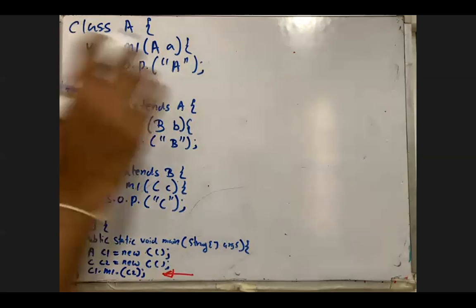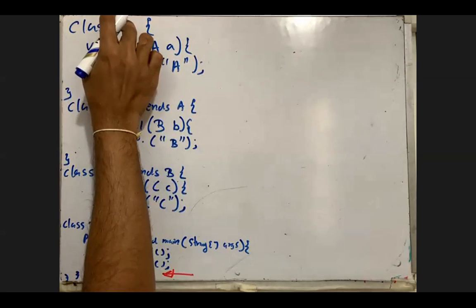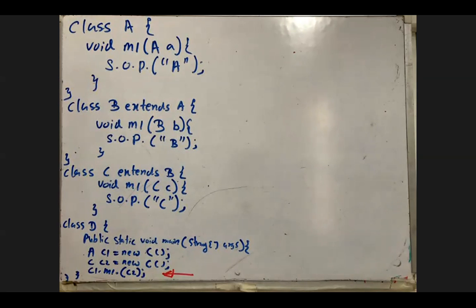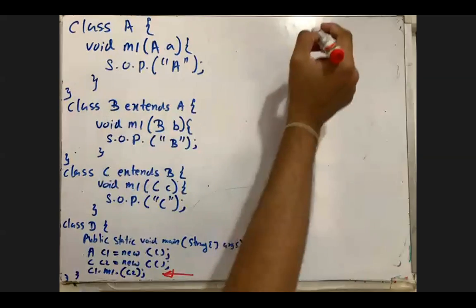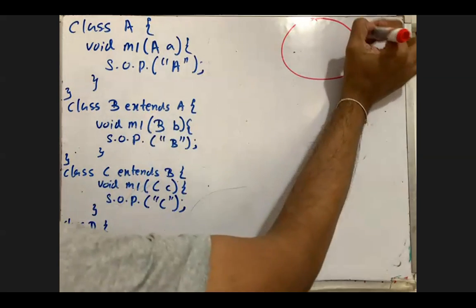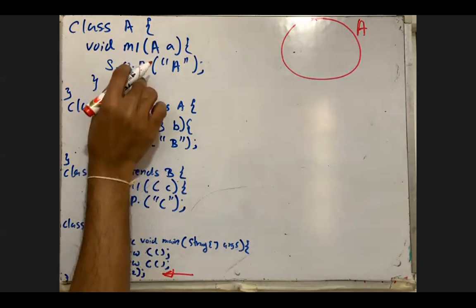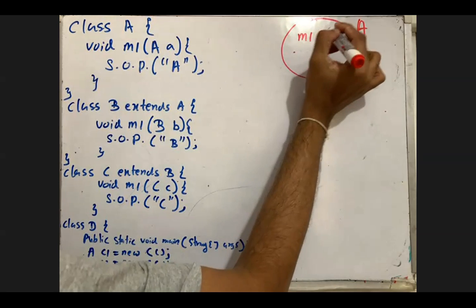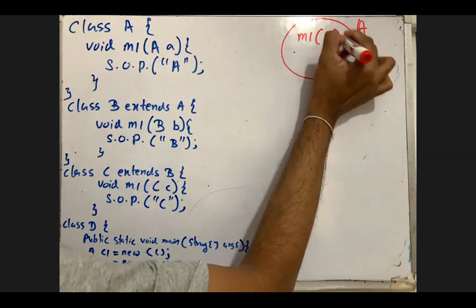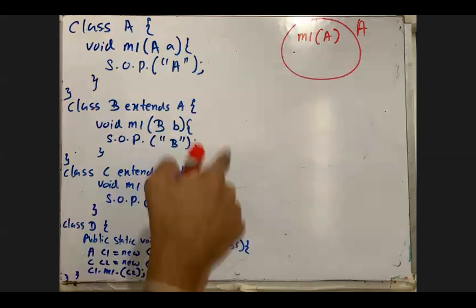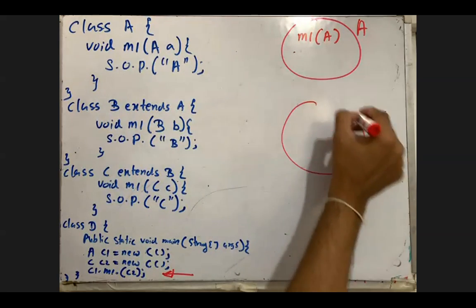Now assume that in the main method you create an object from the A class. Then what happened? This will have a method called M1, and the parameter passed is A. And if you create the object from the B class,